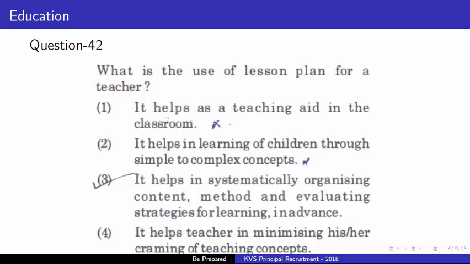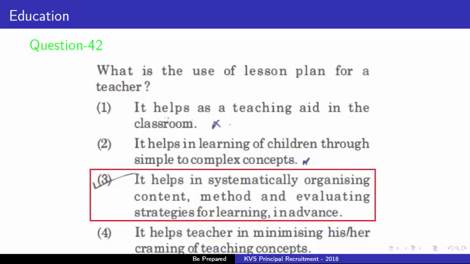Second option is, it helps in learning of children through simple to complex concepts. Third option is, it helps in systematically organizing content, method and evaluating strategies for learning in advance. And the fourth option is, it helps teacher in minimizing his or her cramming of teaching concepts. Right answer is option third. Use of lesson plan for a teacher is that it helps in systematically organizing content, method and evaluating strategies for